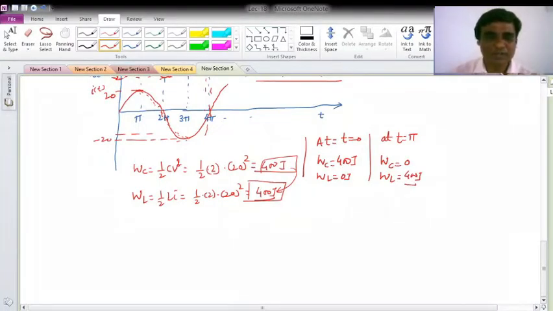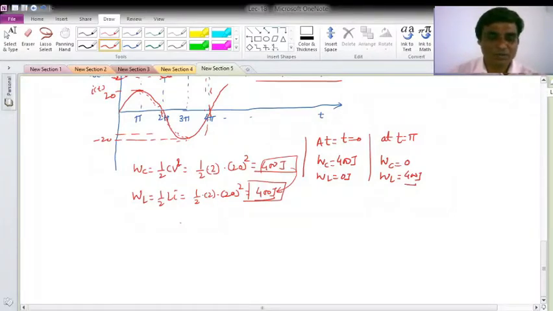So here, energy is first stored in C, then thereafter transferred to L, and then again from L transferred back to C. Okay, and thus there will be the oscillations, and thus we can achieve the oscillations. And also because of the absence of a resistor, there is no energy dissipation, so the energy will be fully utilized.